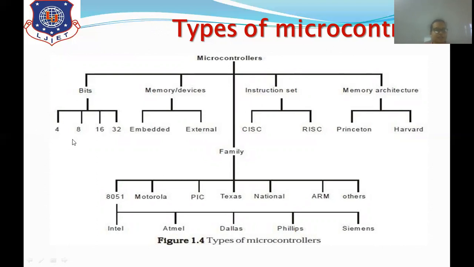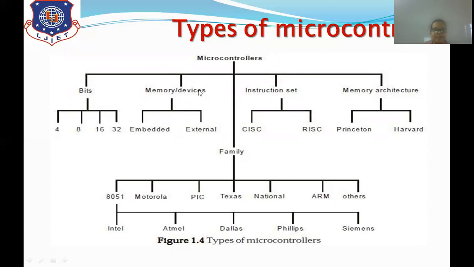What does it mean? It transmits or receives 8 bits or 4 bits of data simultaneously if it is an 8 bit microcontroller or a 4 bit microcontroller. The microcontroller which we are going to study, the 8051, is an 8 bit microcontroller. Clear? So based on how many data bits can be transferred or received at a time, the controllers have been divided.